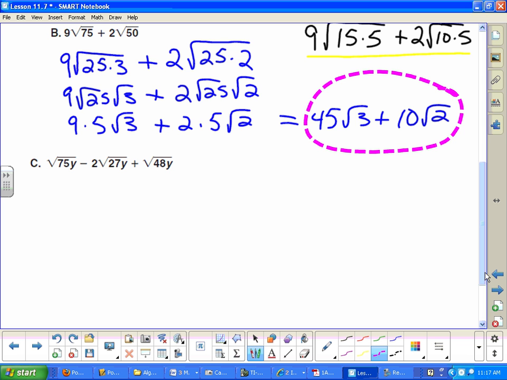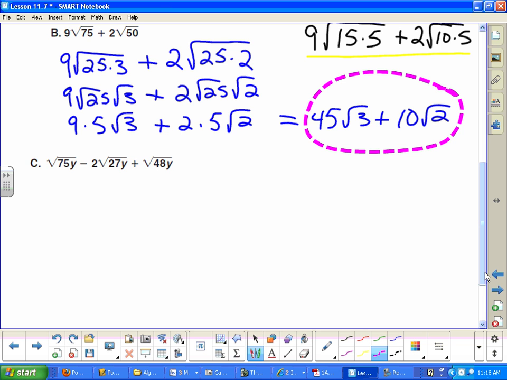Okay, letter C. Now we're going to throw a variable in there. Sometimes it gets a little bit confusing when they throw a variable in there. But in reality, it's no different than if it's a number. If we look at all three of them, they all have y, right? Can I simplify the square root of y? No. If it was y squared, I could, right? But not with y. So I'm looking at them, and I can see that they all have y in them,